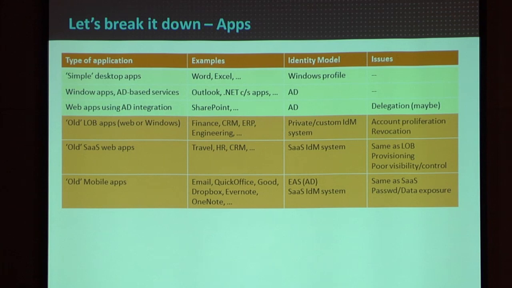And the same pattern applies to almost all SaaS things at the moment. Citrix is probably not unusual. We have outsourced HR apps. We have an outsourced travel system for booking flights and things like that. And I've got a username and password in those things. It's the same story again.